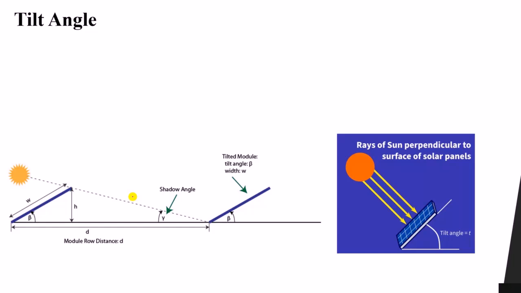As you can see here, the tilt angle of a photovoltaic or PV array, usually they all have the same angle. The tilt angle of a PV array is the key to an optimum energy yield. Why is this? Because if you look at any panel like this one, we have an angle called the tilt angle. Where is the tilt angle exactly?